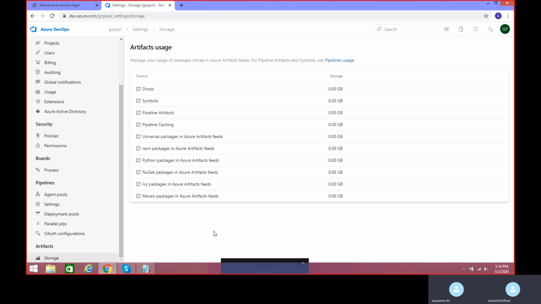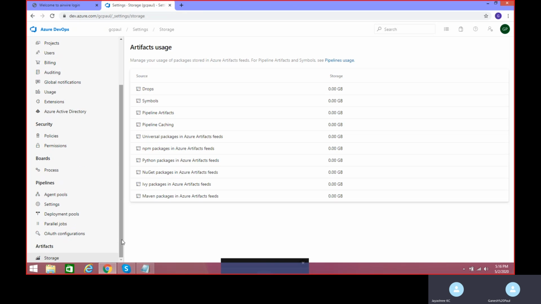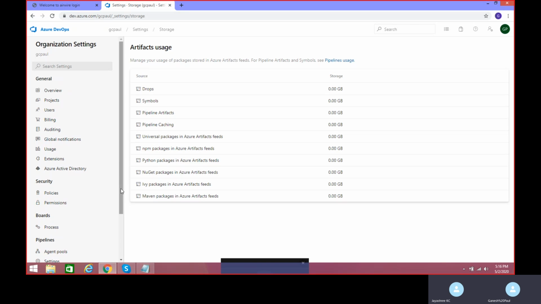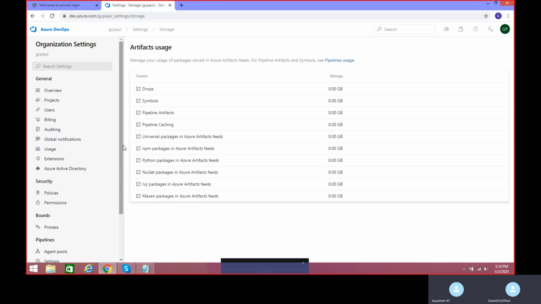Okay, so we will see this also when we are running the pipeline, and I'll show you how the pipeline is getting converted into the artifacts drop as well. Okay, so this is the overview of all the capabilities that your Azure DevOps organization can have with respect to the different modules it is giving us, right? Yes. Okay, so now let's go ahead and see about